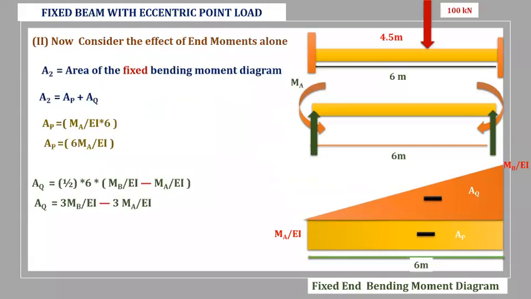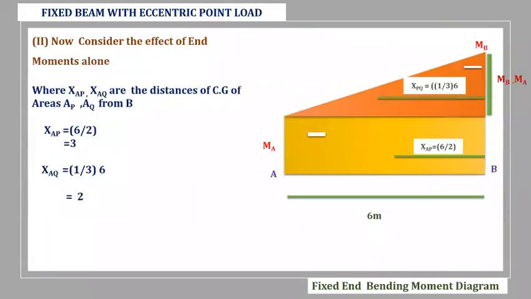Now we can calculate the X bar distance. Same diagram. If you indicate XAP, XPQ, both are measured from the point B. In case of the simply supported, we can measure from the point B. In case of these fixed end moments, we can measure from the point B. So now all of you calculate